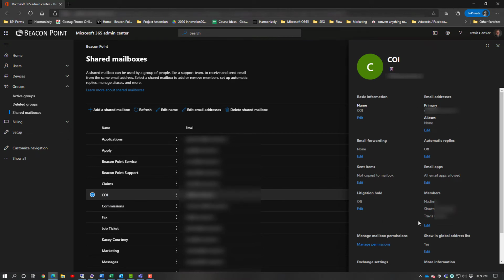So you can come over here and you can add and remove members. One thing I like to do is turn on copy the sent emails to the shared box, so that way it has a sent folder. Anybody who has authority to send an email with this email address, it will save a copy of it for you. So from an admin standpoint, I like to see what kind of emails are going out from my emails,